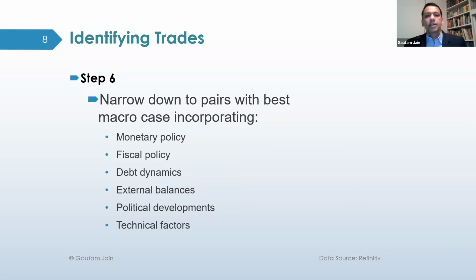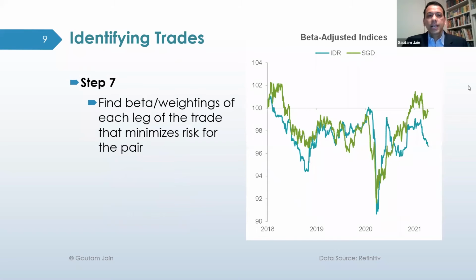On the other hand, if there's a currency that I find that looks cheap, and in that country I know the central bank will likely tighten monetary policy more than what's priced in the curve, then potentially the currency is very attractive. So I would then proceed and look at that as a potential long side of a pair. So to look at the next step,